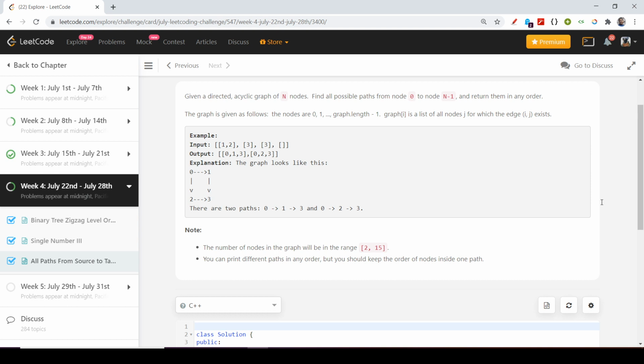Now I might ask him one question: sir, is it always necessary that the last node, which means the n minus 1 node, is empty? I mean, it might happen that you have some other node here, but you are not allowed to go further.